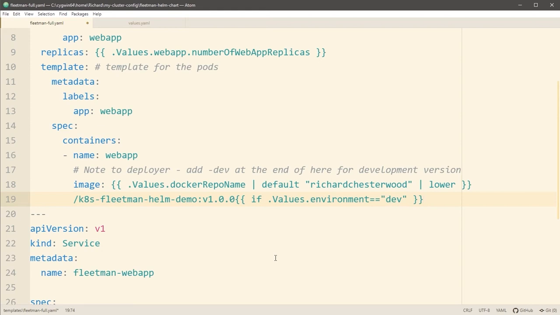Outside of the block, we write in what we want to be rendered if this expression evaluates to true. If this evaluates to false, then this string -dev will not be rendered. Because this is now becoming flow control, we do need to end the if. It isn't end if actually, it is the statement end.